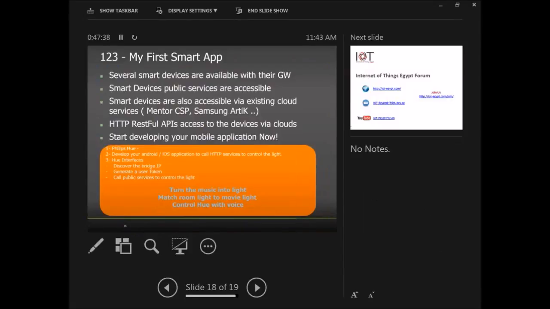I wanted to give you a quick, not step by step on how to build your first application, but just to give you pointers on what you can do to basically start developing an IoT app without having a lot of capabilities or depending on existing huge infrastructures. So several smart devices are available with their gateway, and you can purchase them via Amazon, like for example